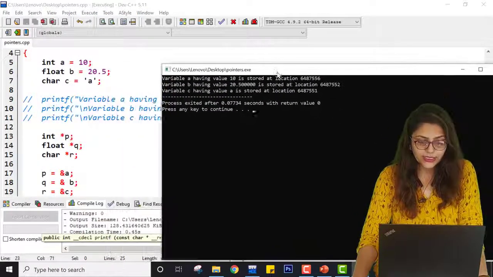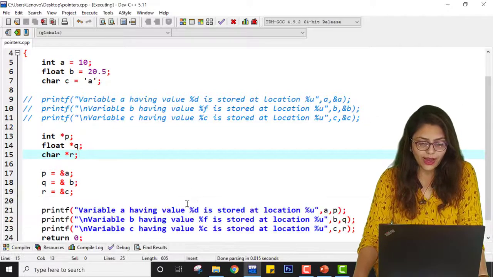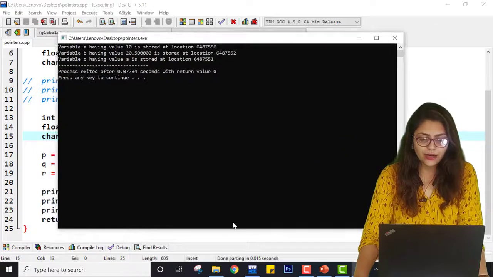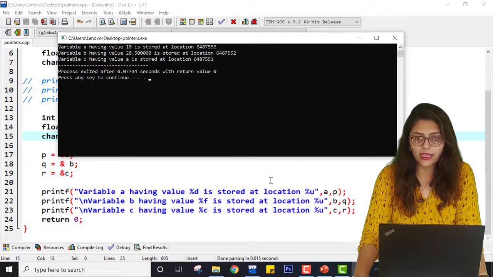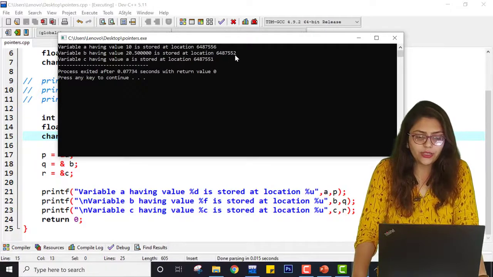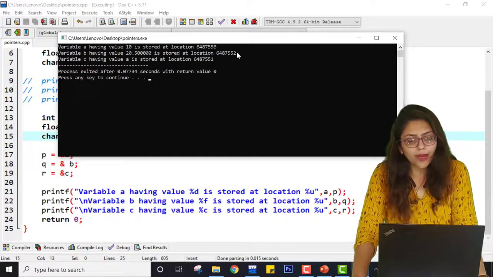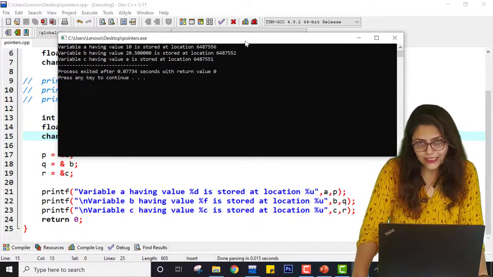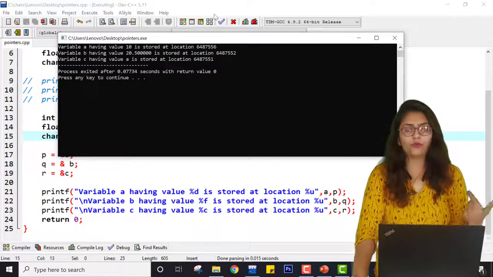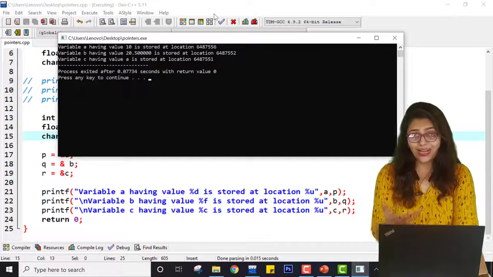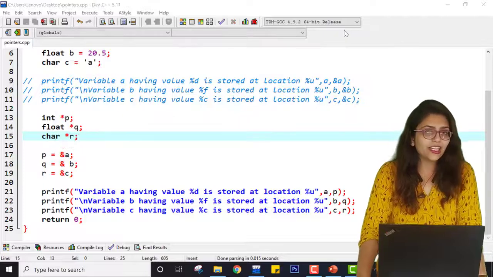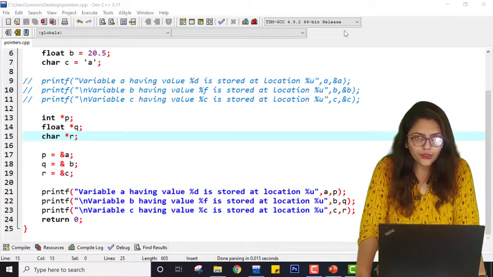You can see it is assigned some different value. Whenever you save and compile, you will be assigned some different location. So here I have declared these variables again. Now the value of p is 51. You can see at 52 it is assigned to b, and then after 4 bytes it is assigned the value to c, which is an integer variable. So from this, I can say that characters take 1 byte, floats take 4 bytes, and integer is taking 2 bytes in my system. So this is all about the declaration and initialization of pointer variables.